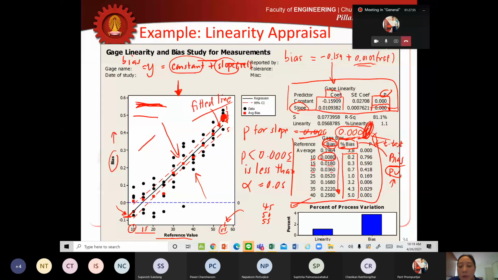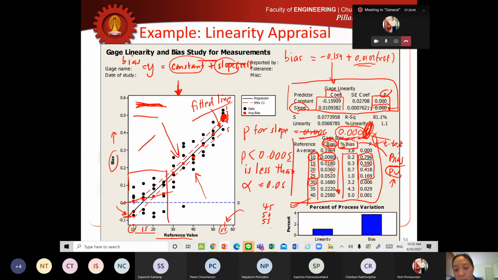And you will see that for reference values of 10, 15, up to 25, these p-values are greater than alpha, alpha of 0.05, so you will say that from reference value of 10 to 25, the amount of bias in this range is not significant, it's very small, it's not significant,